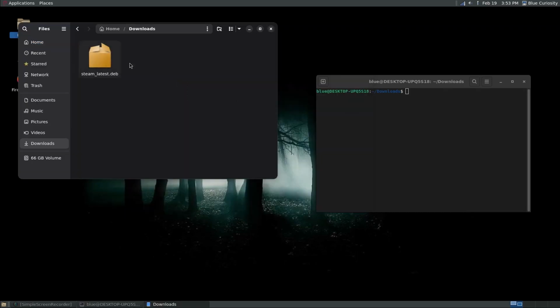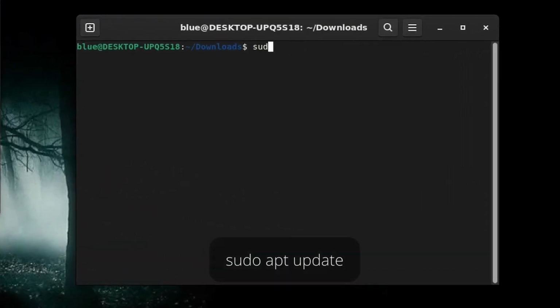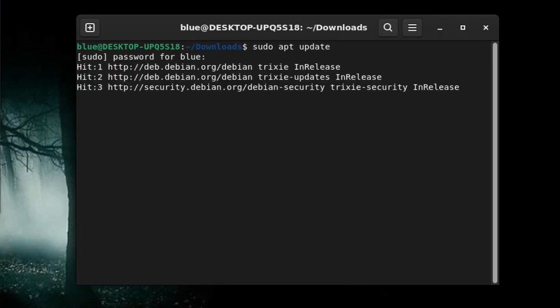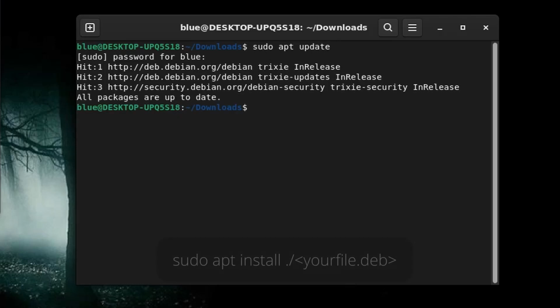So we have our file here, so what we're gonna do first is sudo apt update. We're gonna hit enter, and then it will ask us for a sudo password, which is basically the same as your regular password. We will type it in. It won't show up there, but I promise you it's actually typed in. Now it's gonna update everything, a few security updates, whatever it needs. Okay, now it's finished. Alright, now we're gonna do sudo